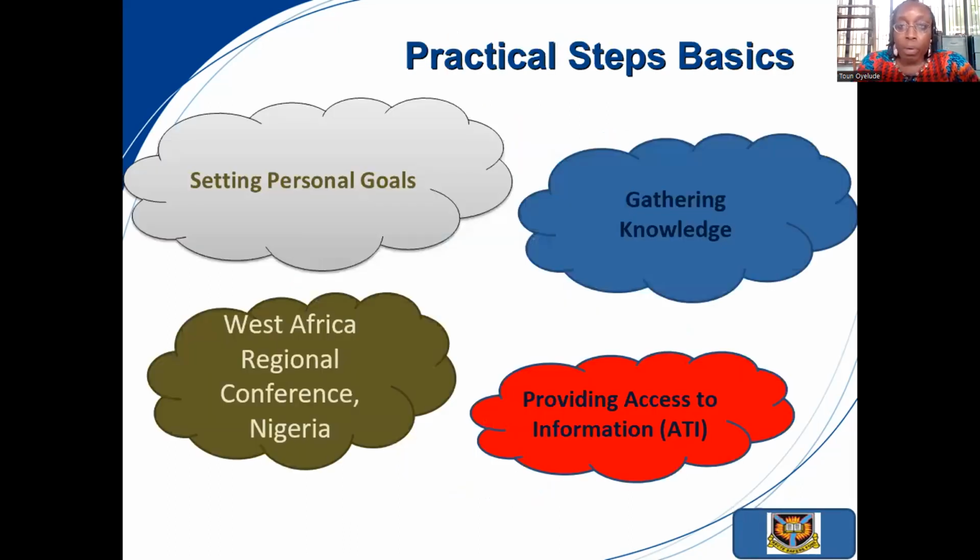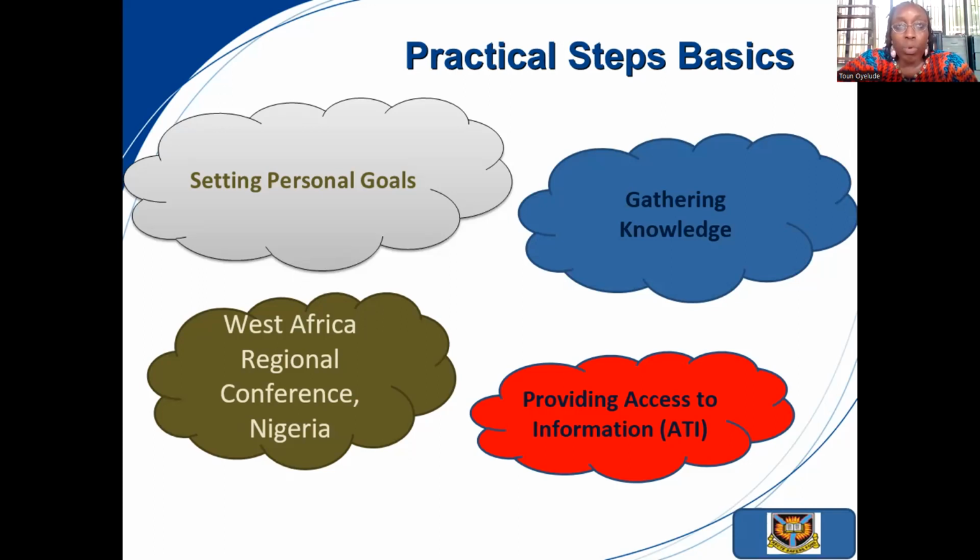And so, if we want practical steps to creating awareness for data literacy in West Africa, we have to set our personal goals. We want to ensure that we will have all the data in a national database. If every country could have a national database for data gathering all the knowledge, all the data, all the things that we have been talking about in some of these sessions that have already gone on, using the techniques and the expertise of data professionals, gather them in the database, and then we now have like a mega data bank